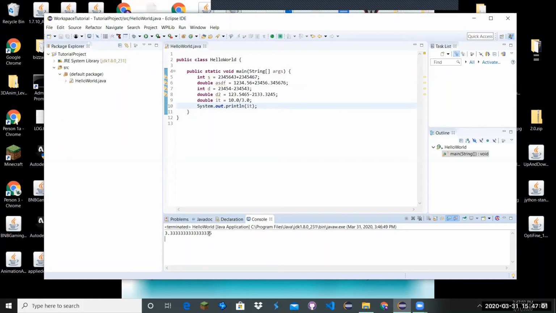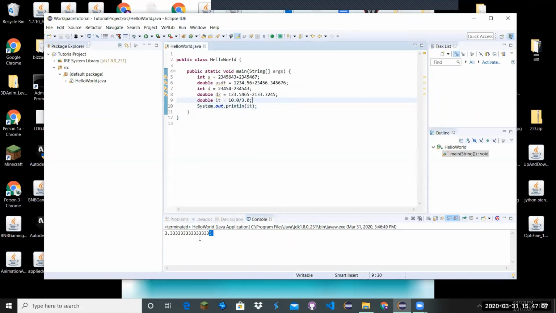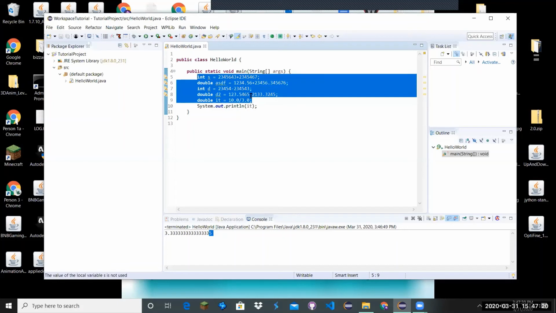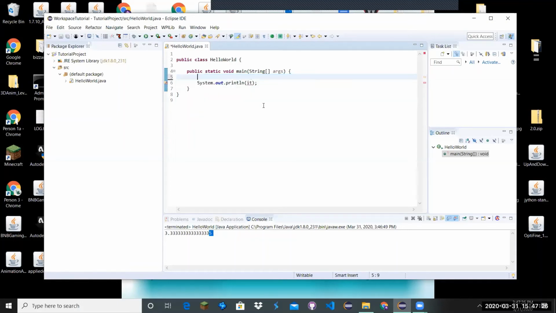So with doubles, you have to be a bit careful when you're using them in your program, because 10 divided by 3 is not 3.3333, it's 3.3335 because of roundoff. So now with all these lovely big numbers, we should maybe do something that asks the user for input and prints out the addition of 2 inputs. So first of all,